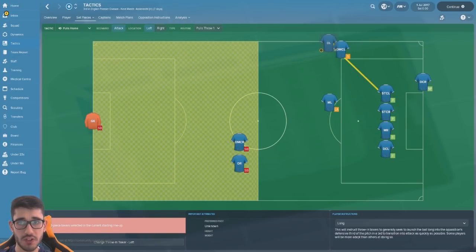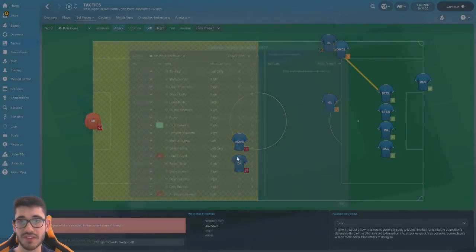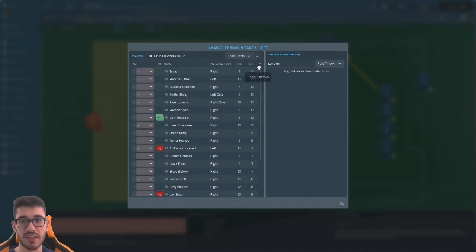Okay, so next up we're talking throw-ins. Now for me, the long throw has always been underwhelming in Football Manager. I've never really had much success with them, and I'm not really expecting to have much success with them within this Brighton side. If we take a look at our potential throw-in takers, as we can see, other than really Bruno and Suttner, I wouldn't say Charlotto, Bong, and so on are